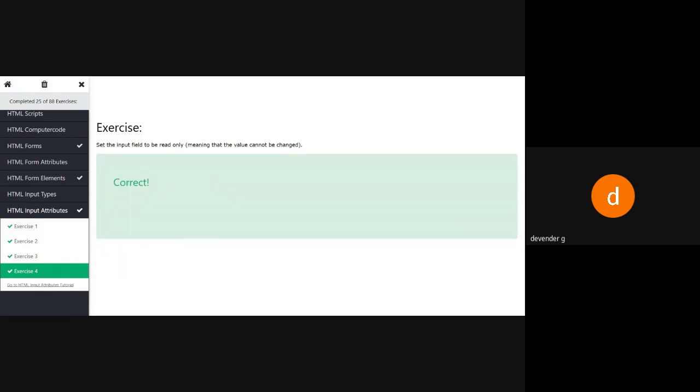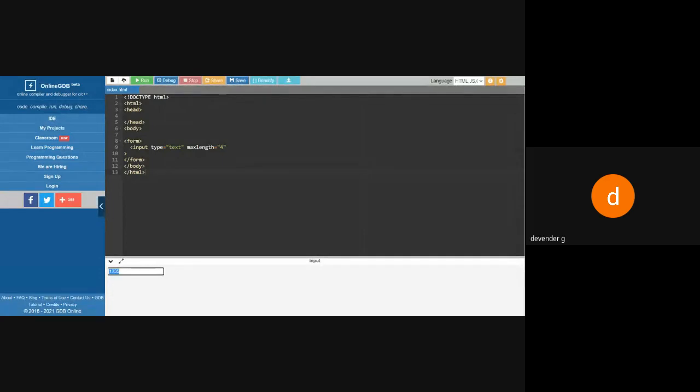We'll see this one in our program. So I'll be saying here readonly. So the cursor is not going to be put in it. The box will be available, but I cannot type anything into this. So disable does not allow anything, and readonly also is not going to allow anything. So it is like this.